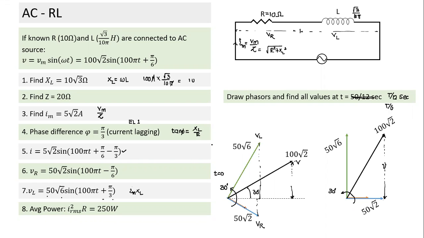And what will the power consumption be here? We are talking about average power consumption. This will not consume any power. So here, what is the current flowing? The current which is flowing in the resistance as well as the inductor. So what is the peak value of current? The peak value of current flowing through the resistance as well as the inductor is equal to 5 root 2. It means the RMS value of current flowing through the resistance is 5.